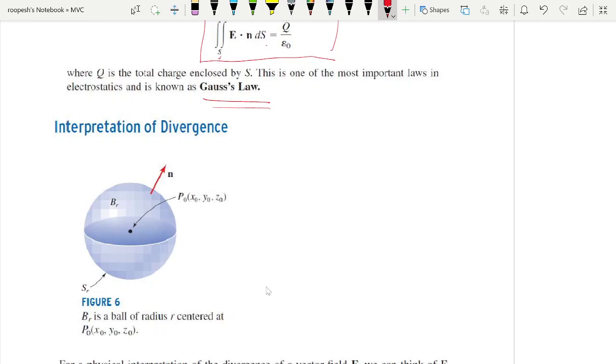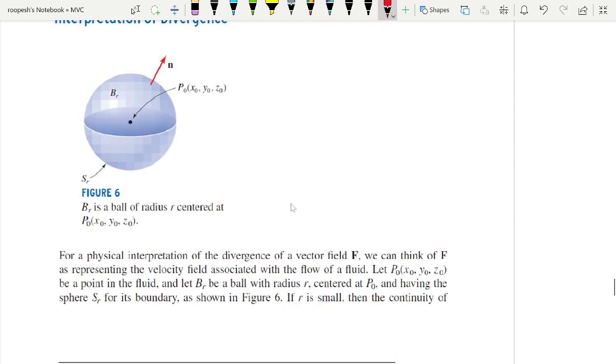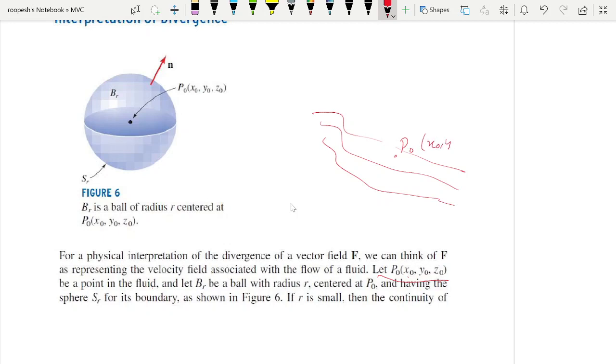Now we want to examine the interpretation of divergence. For that, we should consider a sphere like this, representing the vector field F associated with the flow of fluid. Let P naught, (X naught, Y naught, Z naught) be a point in the fluid. Okay, so the fluid is flowing like this. So we should consider a point here, P naught, that's X naught, Y naught, Z naught in the fluid, and